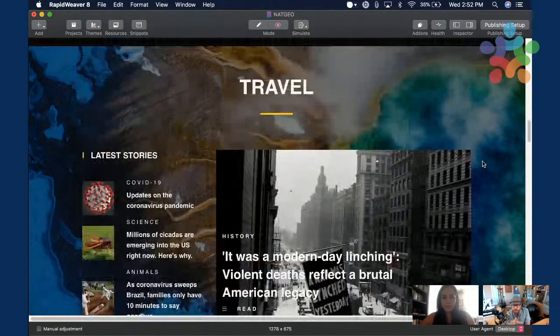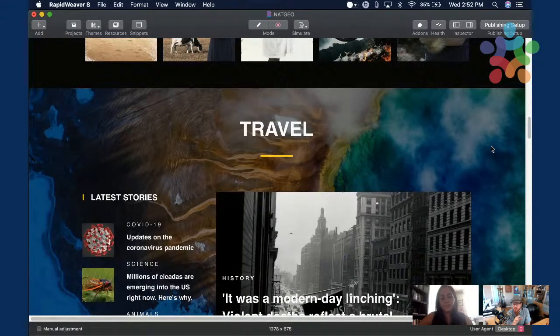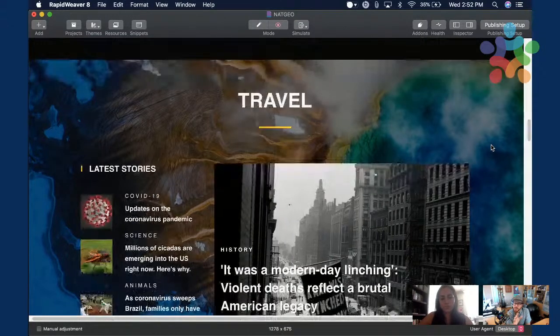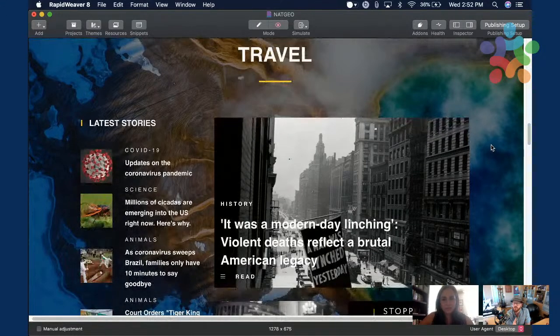Okay. Just one quick side note. I find a lot of sites, if they want to use a fixed background, every section on the page is fixed, right? And I think in this particular example, just this one section is. So it makes it a little bit different. It's not overdone because it's not doing it on every section on the site. So I think that's a nice touch from National Geographic, where they're not doing it everywhere, right?